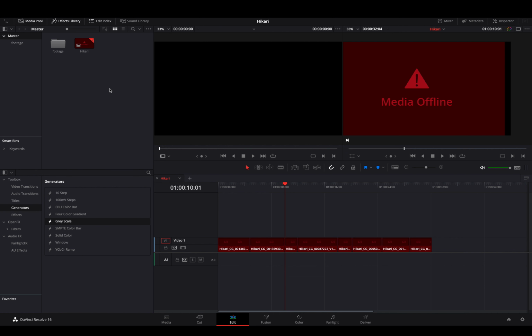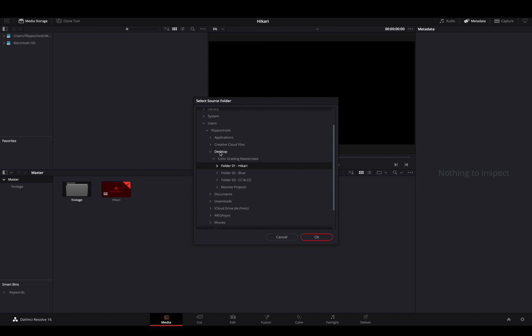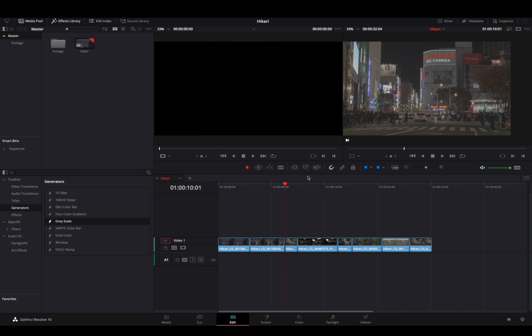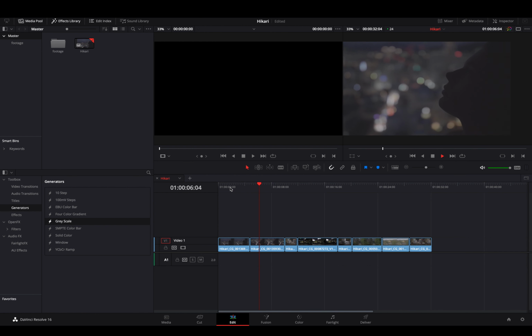You have your media pool or your media storage, and you can just go into the footage folder, right click and press relink clips for selected bin. You can go into the color grading masterclass folder, in the folder 1 Ikari, and press OK. By doing this, returning to the edit, you will see all your timeline placed in that way, and that's our